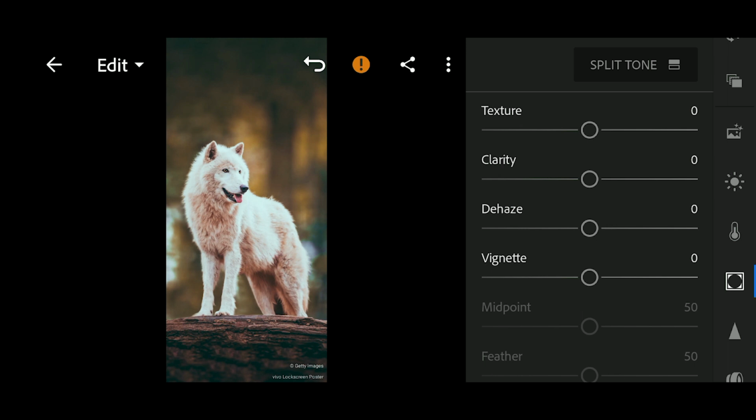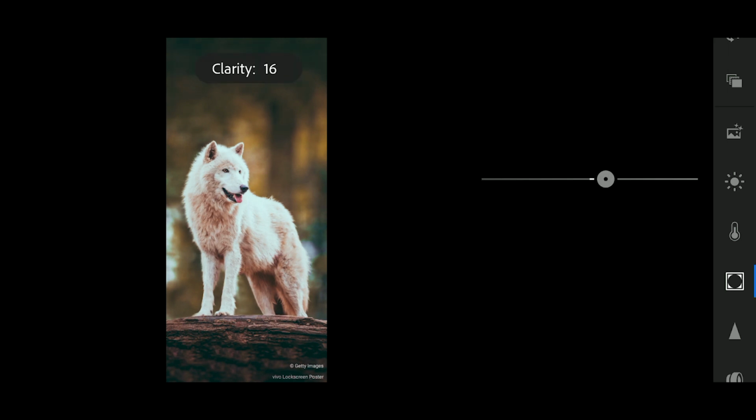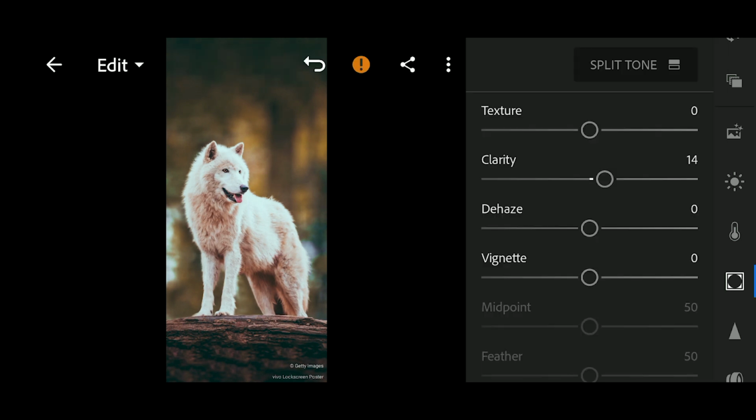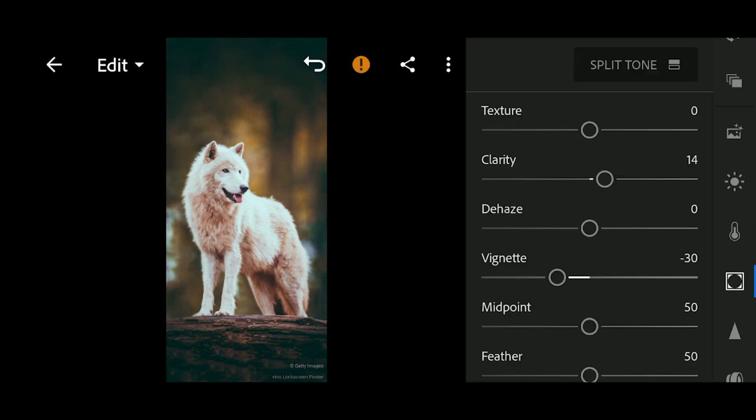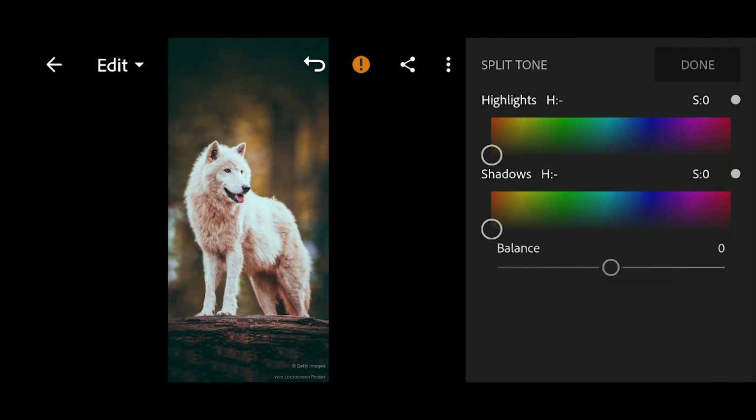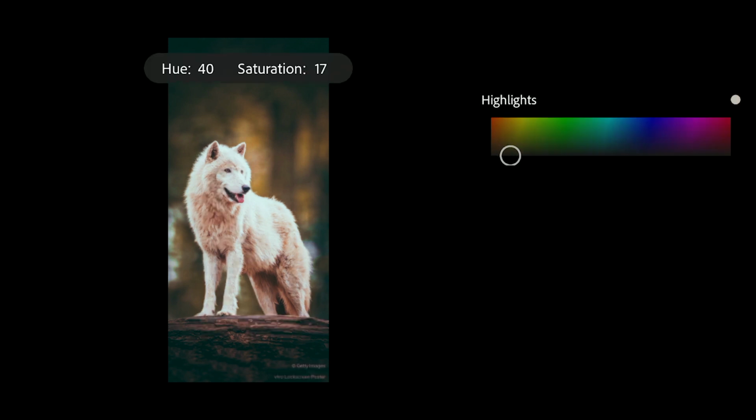Clarity 15, vignette -30, click tone, highlight 45, saturation 15,